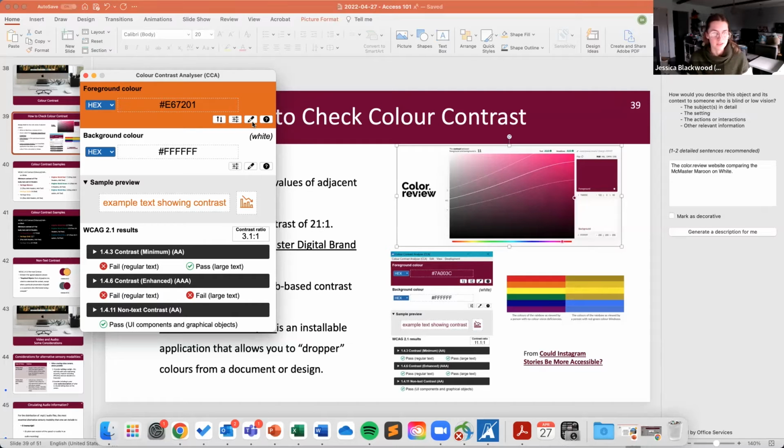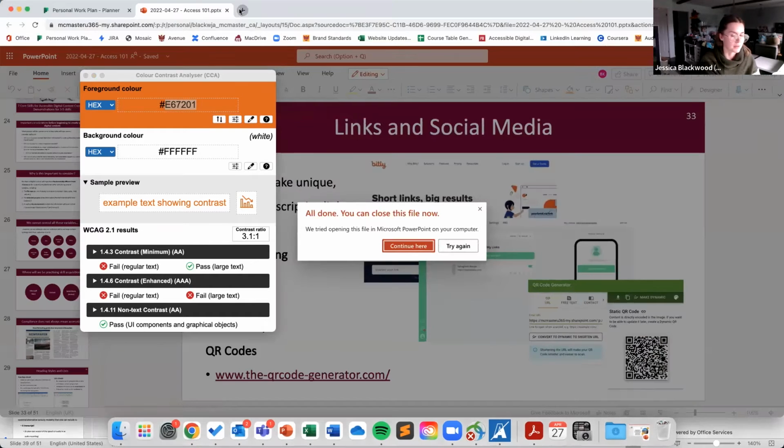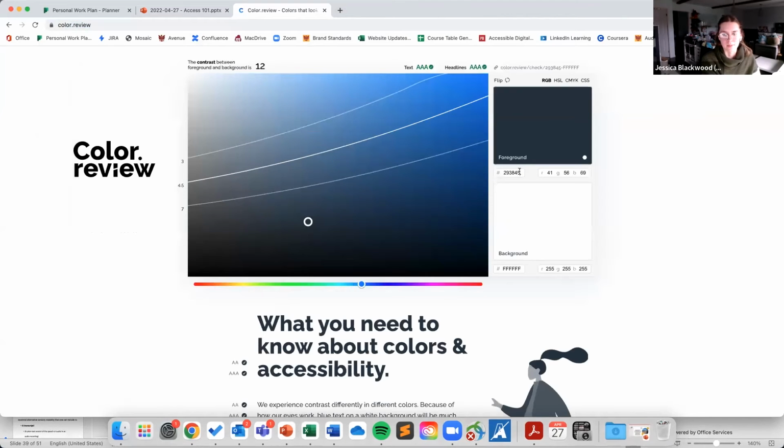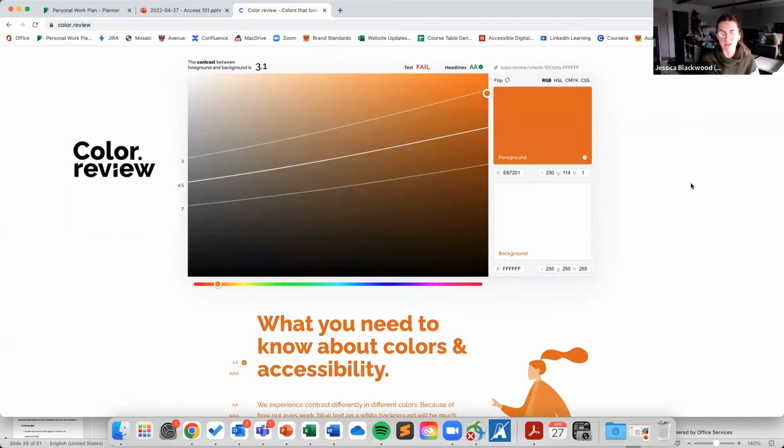So if I wanted this to be darker, I'm going to quickly go over to color review. So let's say while auditing, I find out this color is not compliant and I want my client to pick something that is. I'm going to quickly throw this into color review, and the hex code, there's a foreground option right here. The thing I love most about color review is that I can click and drag. This is very fall brown now.